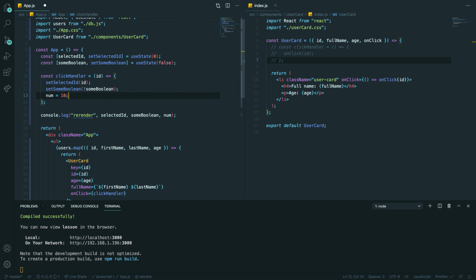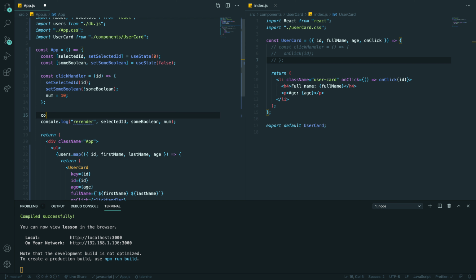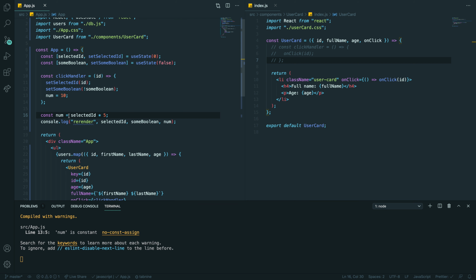Use state. Of course, if you do some math, const number, and you want to take the ID and multiply by 5, whatever, and every time you want to recalculate this number, that's fine, right? Because you want to take the new value and multiply by something. So that should be new all the time. So this one is fine.